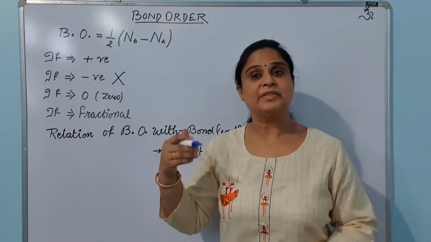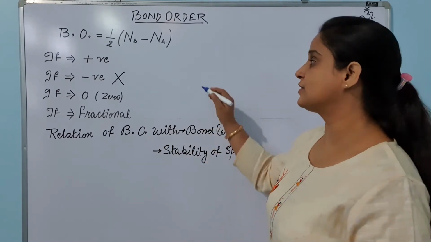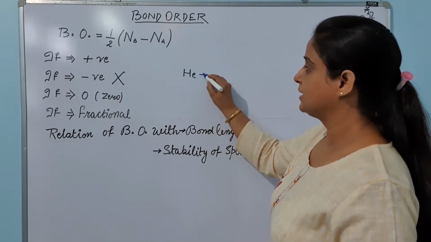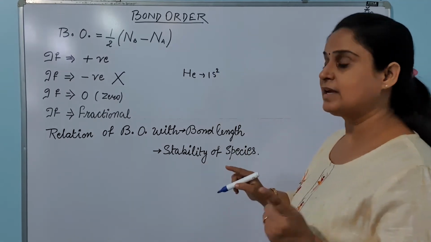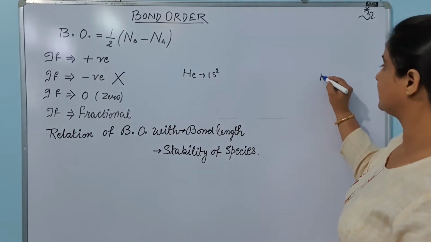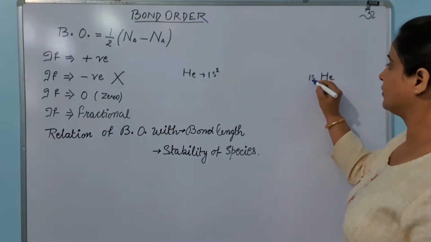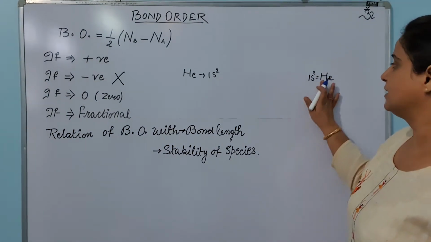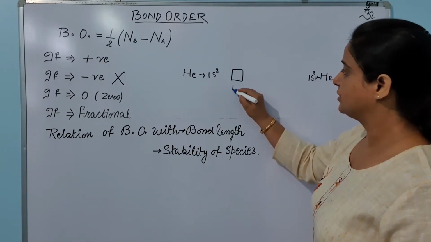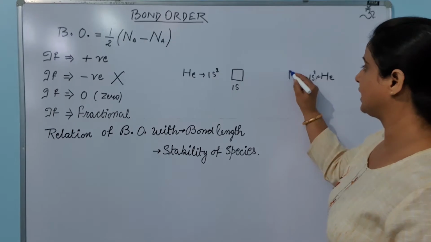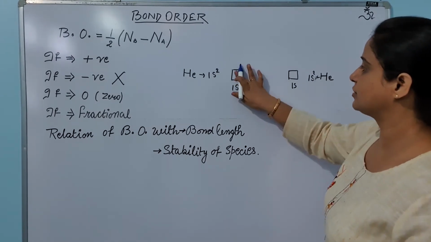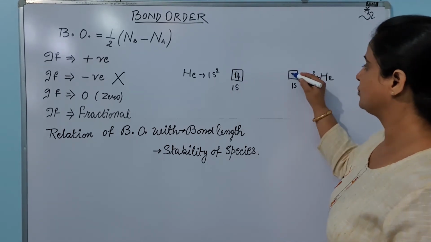Already we have seen that in case of the helium, let me show you how the helium value is 0. Helium is 1s2. If I try to make the molecule of the helium, it will react with another helium, and the configuration of this another helium will also be 1s2. So I am making the first 1s orbital of one helium and 1s orbital of another helium. How many electrons are there? 2 electrons and 2 electrons.